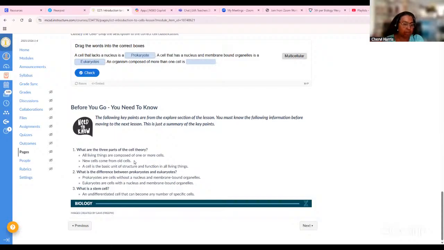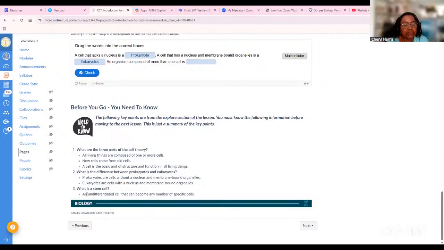And we're going to talk about how that happens. And then the cell is the basic unit of structure and function for all living things. And that means, again, that the cell is responsible for doing all the life activities. There's 2 types of cells, prokaryotes and eukaryotes, those with a nucleus, those without. And